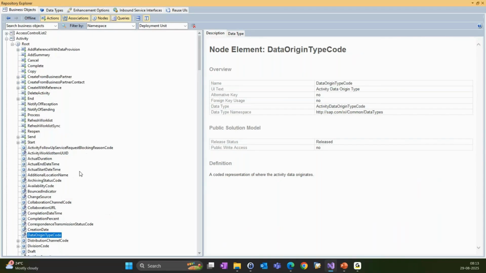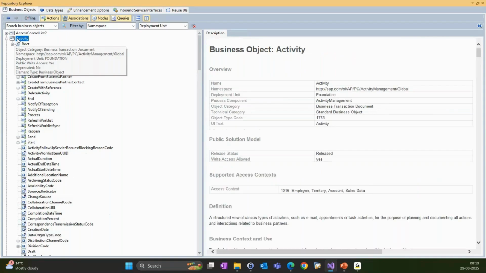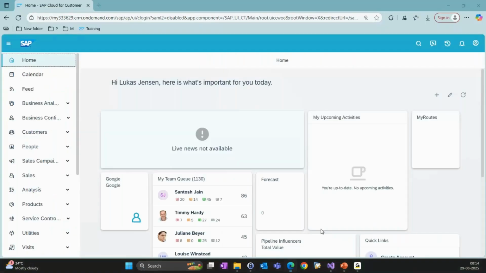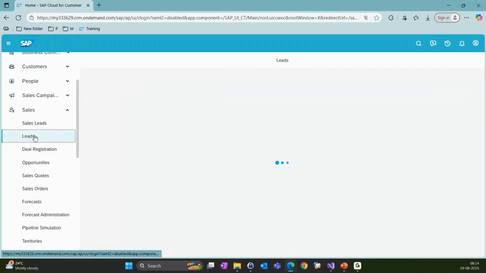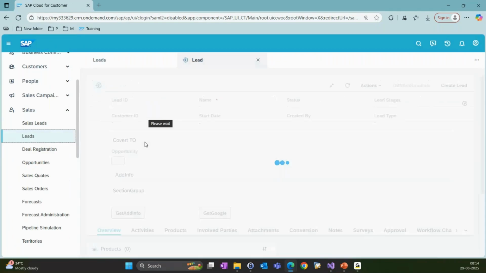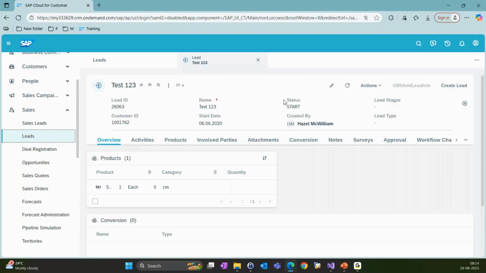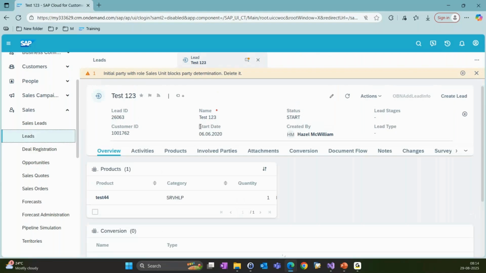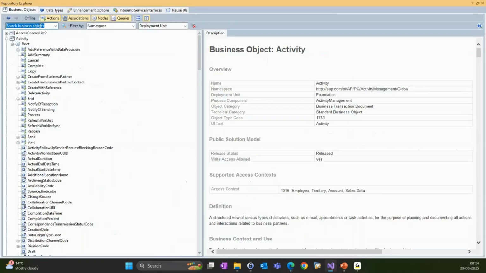And then, for the PO details, if you want to find out, let me go to this one and take an example. There is a start date here, right? This is a UI name, but in the backend this name might be different. This is just a description which the user has given. So if you want to check what the backend name for this is, how can we check it? You go to a lead,